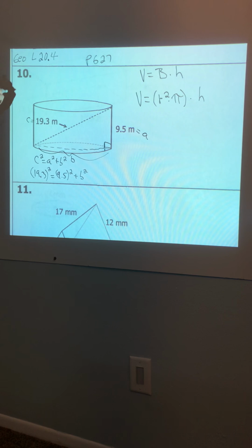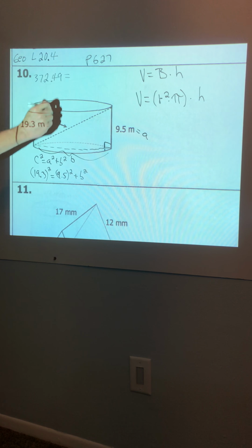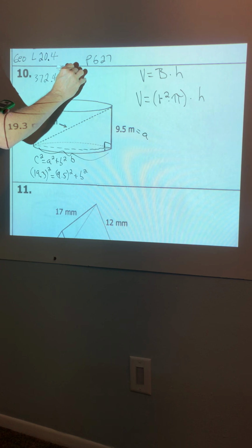I'm going to go ahead and put the rest of the formula up here. So you're going to go 19.3, hit the squared button, and this is going to be 372.49. I'm continuing this formula up here. Equal sign, 9.5, I'm going to square it, and I get 90.25